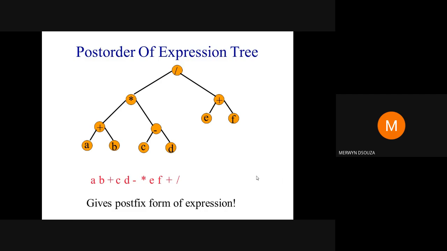Okay. So given an expression tree, if you do the post order traversal, you will get the postfix form of the expression. Given one tree only, you can derive all the expressions depending on the traversals that you do on them. If you do the in order traversal, you get the infix. Pre-order traversal, then you get the prefix expression, and post-order, then you get the postfix expression. So these were the recursive traversal methods for a binary tree.